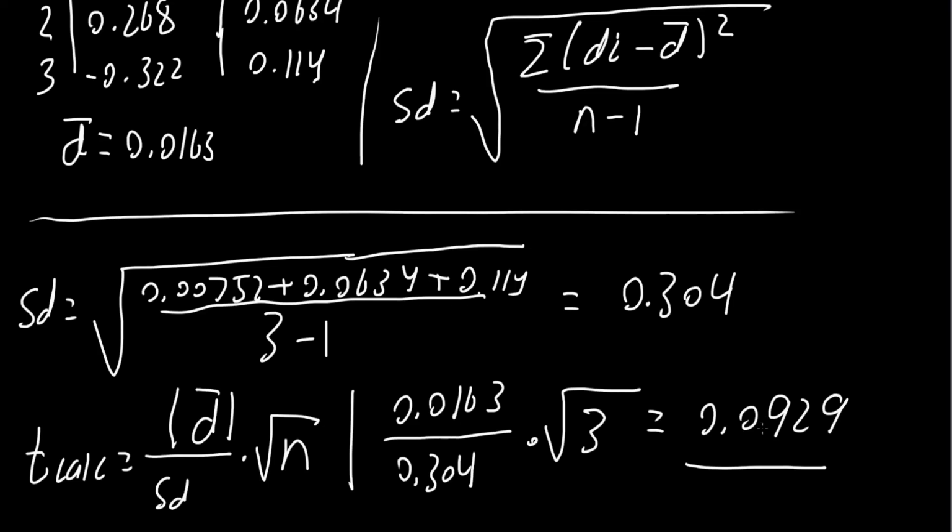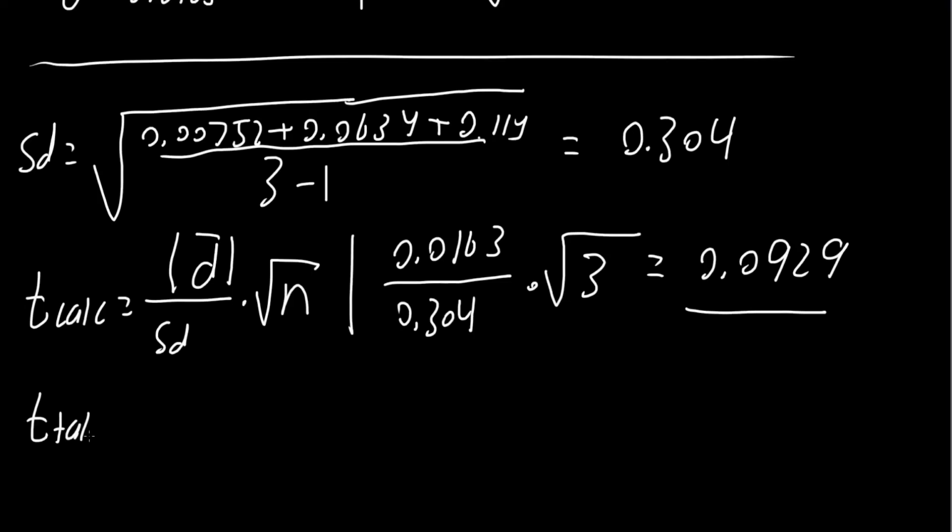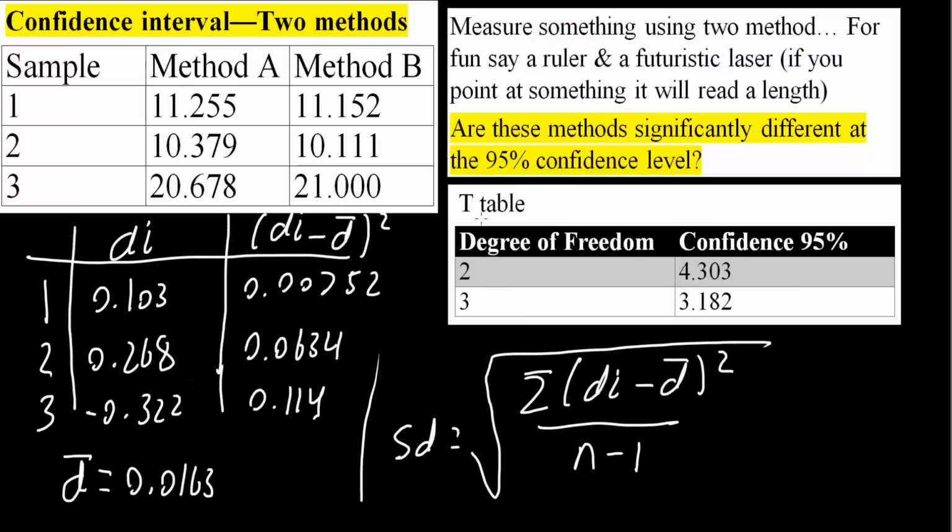the 95% confidence level, we need to calculate T-tab, which is T-table. And so this information is typically given from a table. And so if we scroll up, we get, this is a table. This is a shortened table. In a real table, you'll have other information like confidence of 90%, 95%, 99%, and more degrees of freedom. And so in order to calculate the degree of freedom, it's n minus 1. So 3 minus 1. So it's 2. And so 2 would correspond for T-tab as 4.303. So we'll write that down,